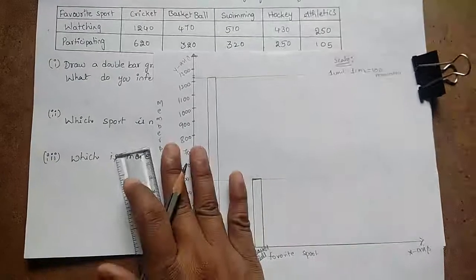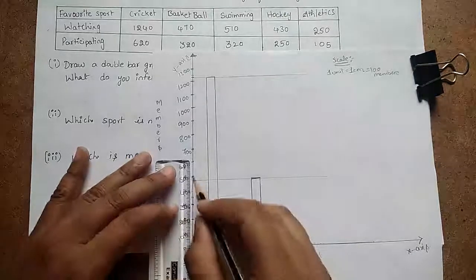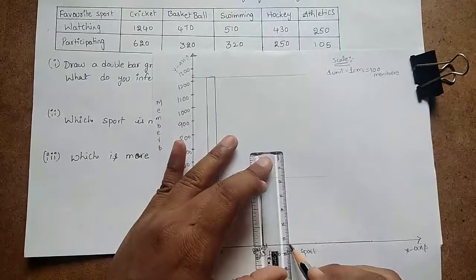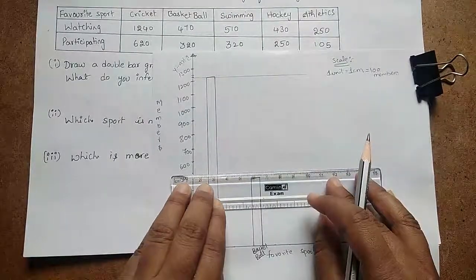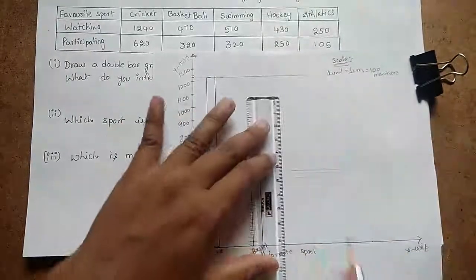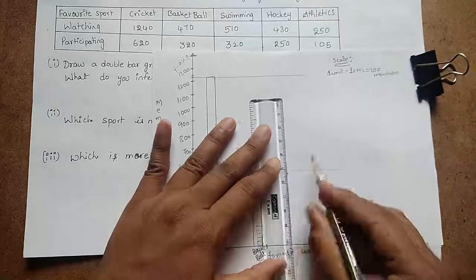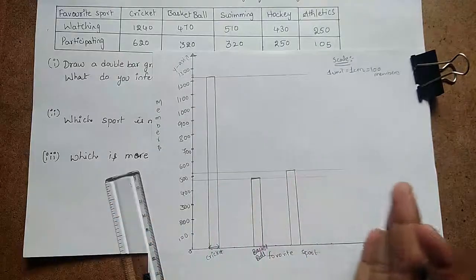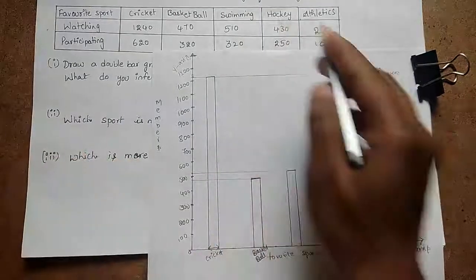Next, coming to the third one, swimming, 510. This is 500, and 10 is just 1 centimeter above. Here I am taking, make sure it is a small invisible line, because we should not get confused with the length of the sport also. Just draw a line with a width of 0.5 centimeters. Then you will get all equal parts of the data. Next, this is swimming.